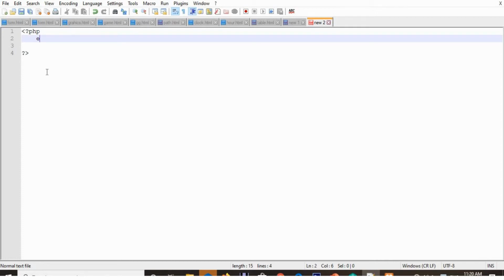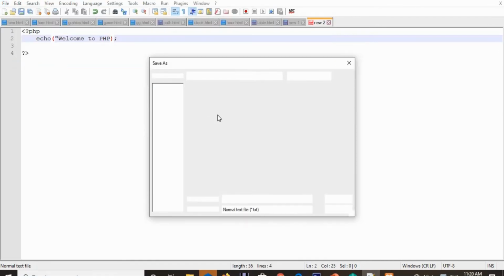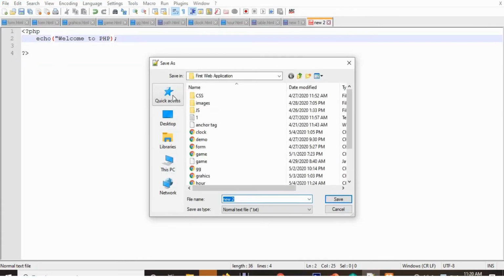To print a statement, the echo command can be used. Echo. This echo function is used to print a line of statement in PHP, right? Inside it I am writing welcome to PHP, right? Now I am going to save this program inside our htdocs folder, right?